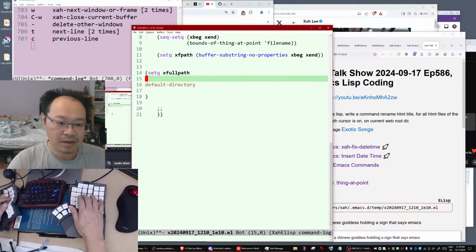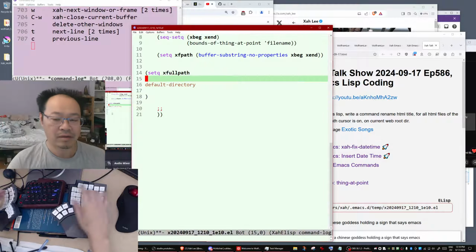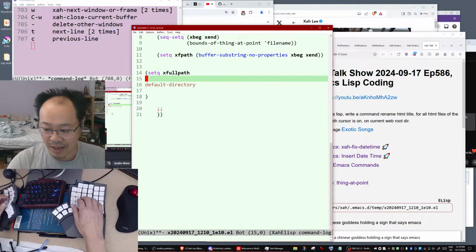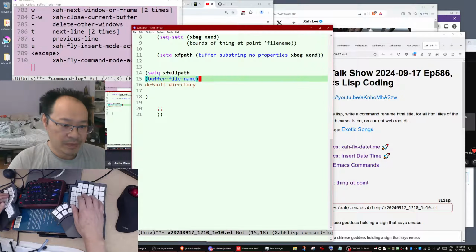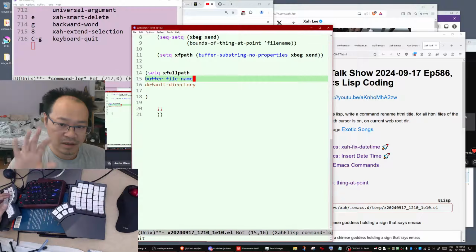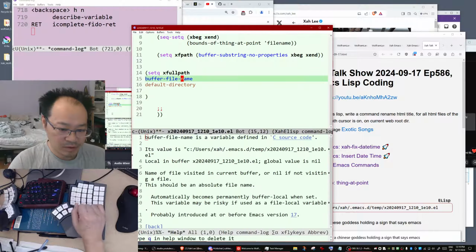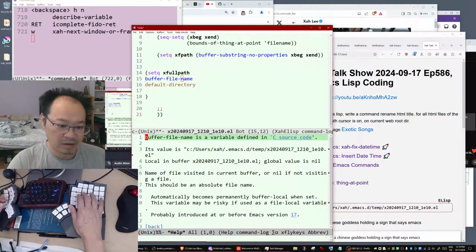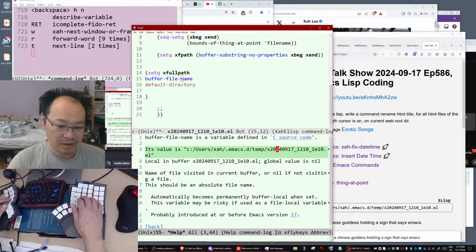Now, how do you get this current file's full path? To do that, you can say buffer file name. Buffer file name is also a built-in global variable, so you can use describe variable to read the documentation. It is a variable defined in C source code, and the current value is that.